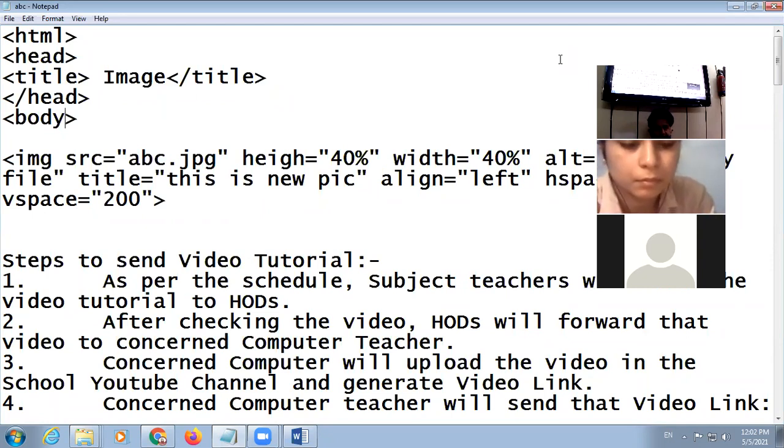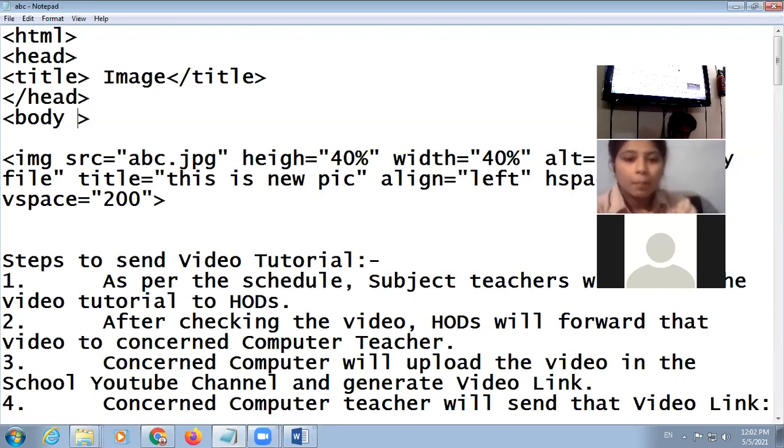Because this was all about the image tag. We have discussed the image tag attributes: src, height, width, title, hspace, vspace. Now there are some attributes of the body tag. We are going to discuss that.